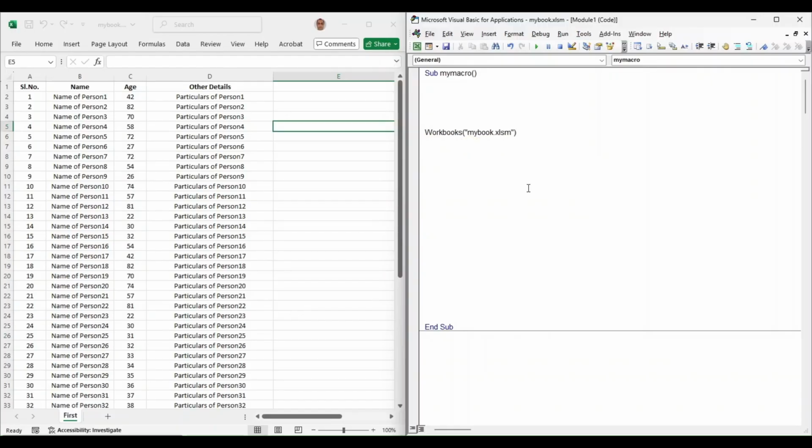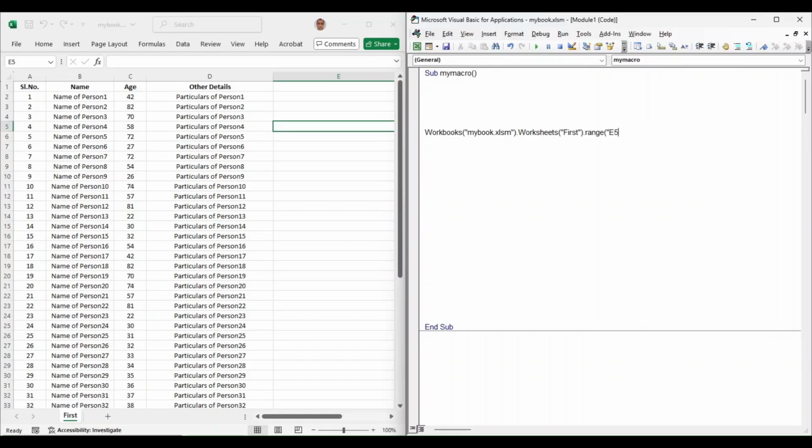Then this, and then worksheet. And then the worksheet name is first. I want to put everything in E5. I want to put it here. So E5. So range